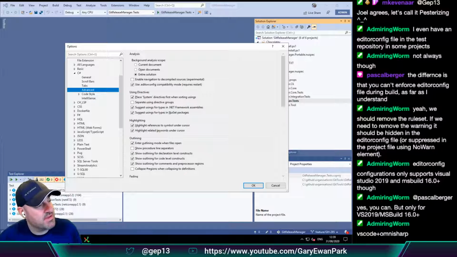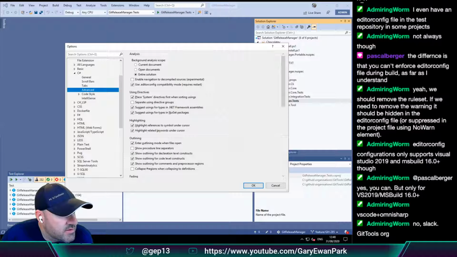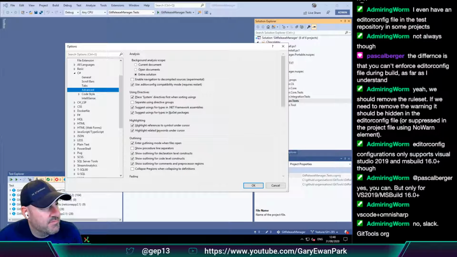Was that in Slack? There are far too many communication mechanisms in the world today. Slack, GitTools.org, so that would have been in here. Let me find this. I can't find it. Oh no, I found it. I found it.